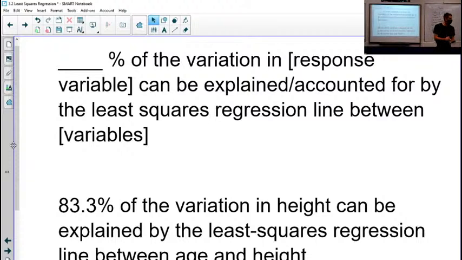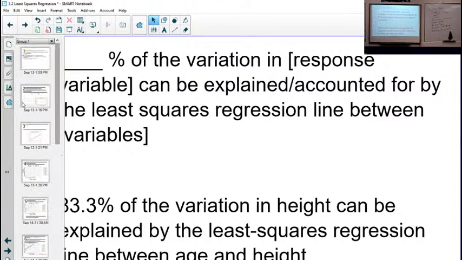So in more layman's terms, what this is telling me is basically how good a predictor my regression line is. Because we have this variation in our test scores, or, to take this example, we have this variation in height. That's our response variable in this case. So different people in our table were different heights, and what we are looking at is